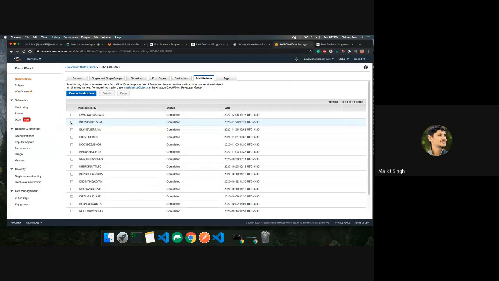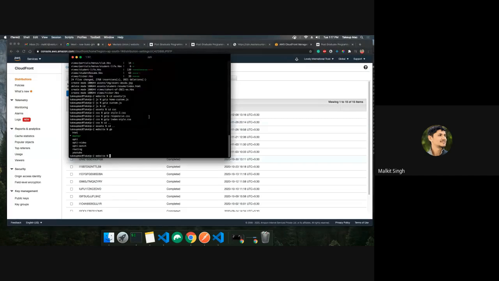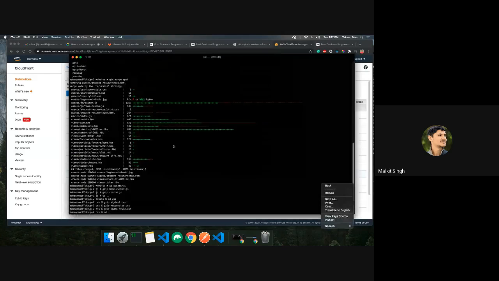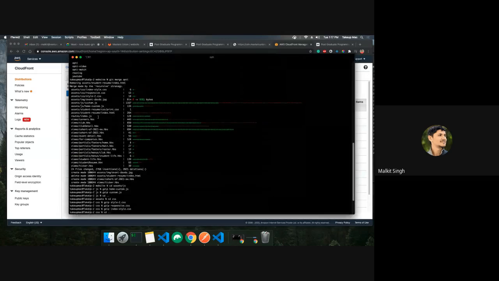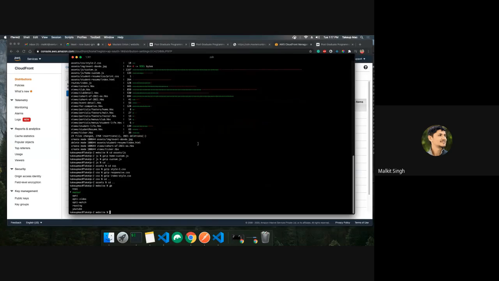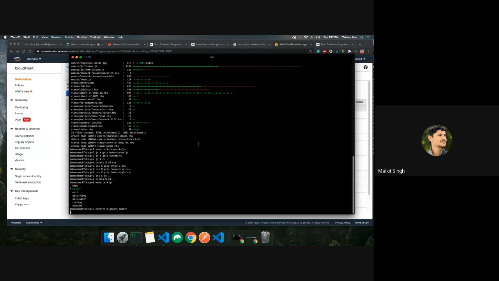Once this is done, then you're good to deploy to production. So again, I'm in the master branch, and yeah, I'll see if there's any change in any JS file. So yeah, these are just front end changes. So what I'll do is simply merge to master. So once this is done,